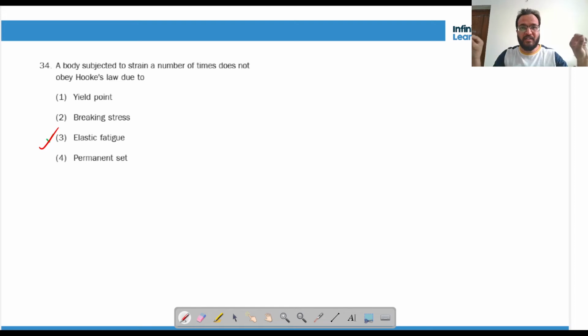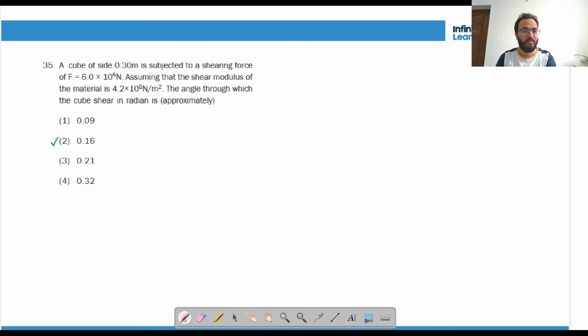You must have seen that thing. If I give you a plastic rod and I want you to break it, if you stretch it you cannot break it. So what do you do? You just turn it like this and then turn it back, then this, then this. Elastic fatigue will occur, and this particular portion from where you are turning it multiple times will lose its elasticity, will lose its strength, and ultimately will not obey Hooke's law and will break.